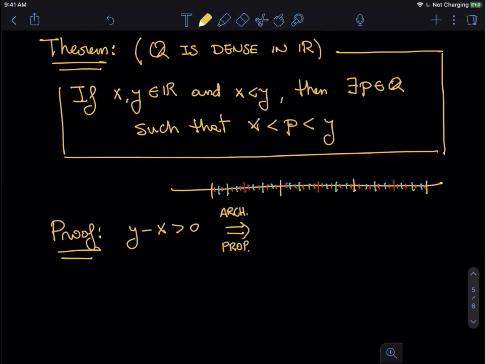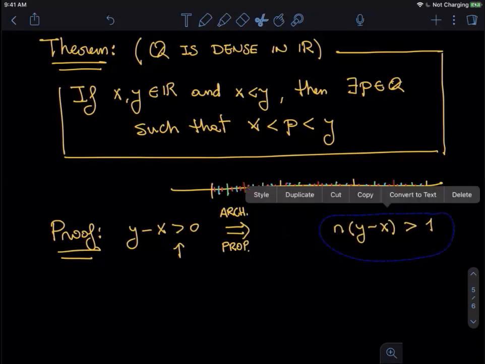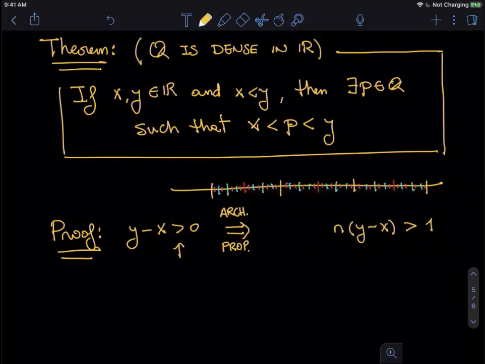The Archimedean property said that if we multiply enough times a positive number, we can get something greater than any other number that we choose. So in this case, we choose 1. We choose 1 because it's convenient. You will see later. It says that there exists a number n such that